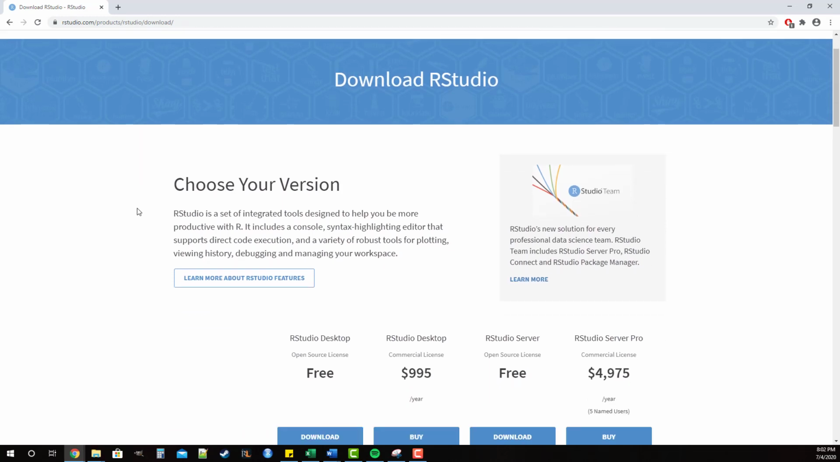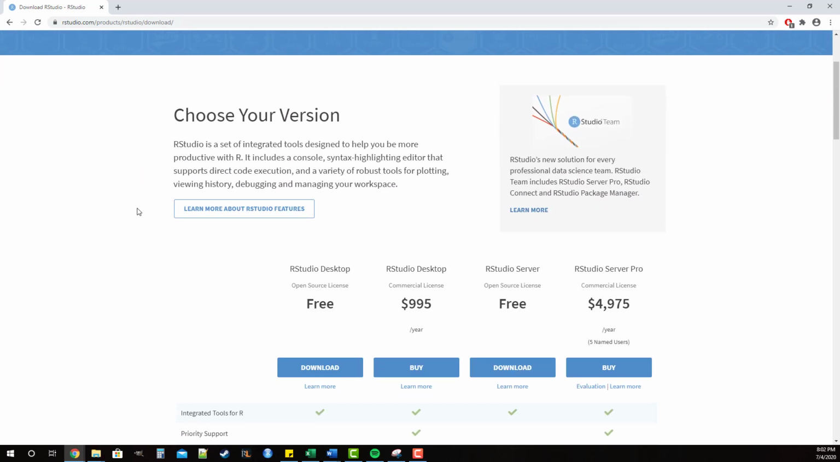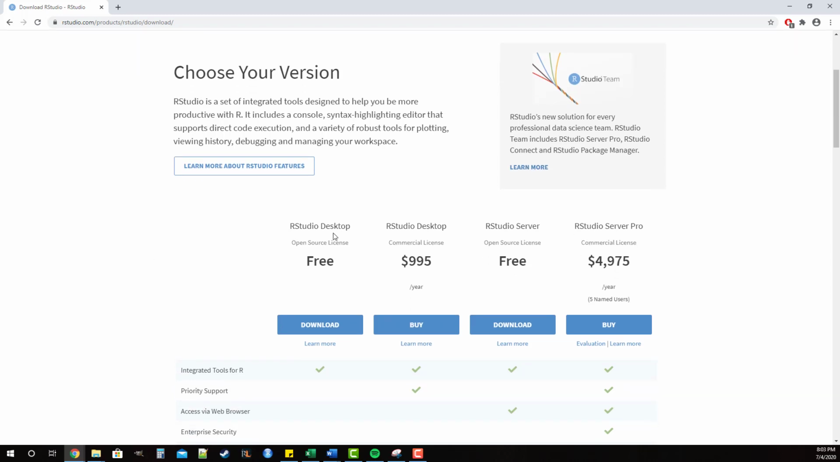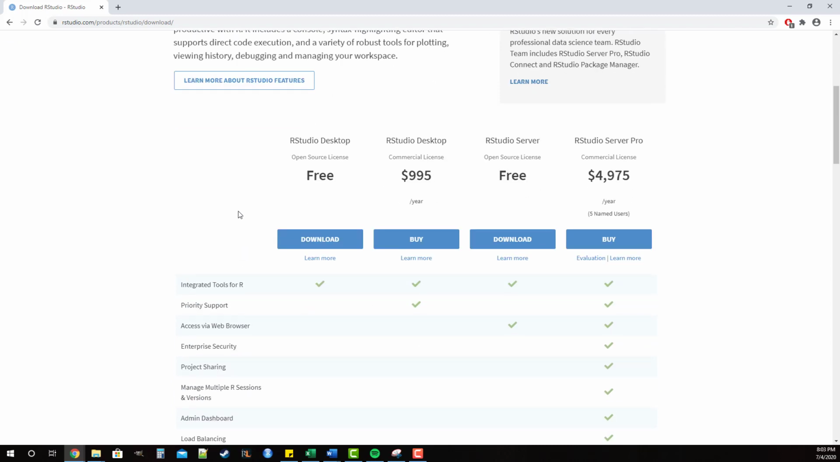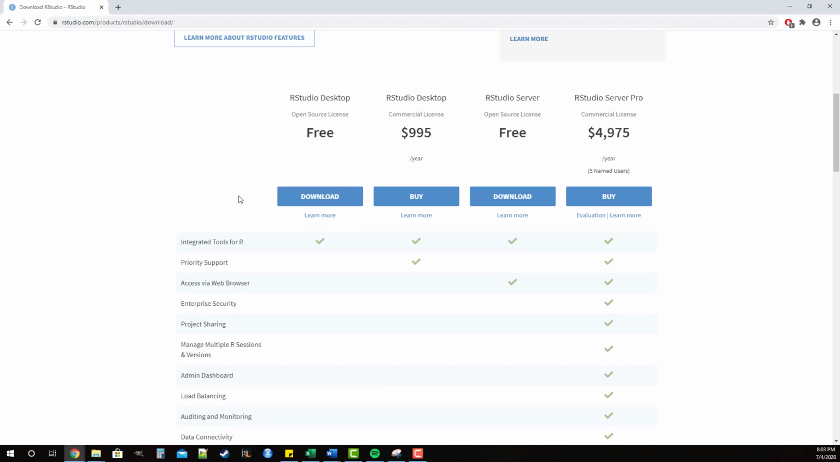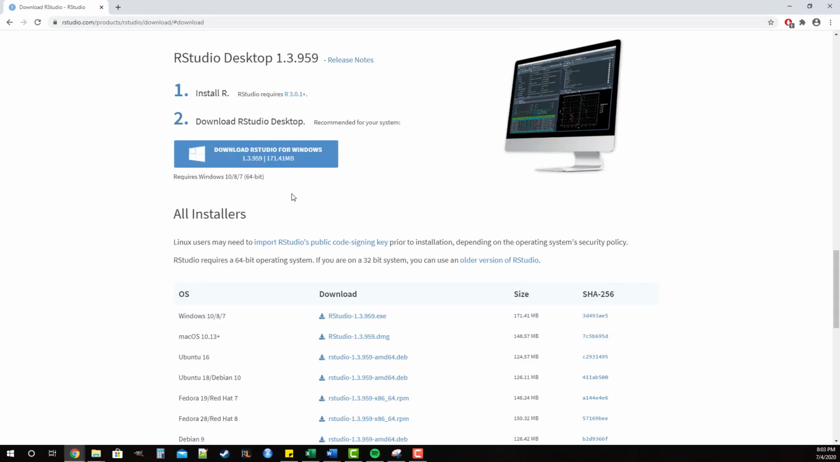So the thing with RStudio is that there are a number of different versions available, ranging from free to fairly expensive. And the nice thing about RStudio is that for most applications, you really only need to worry about this free version right here. If you're doing something that required you to be able to make a profit, you might want to look into the commercial license. But by and large, most applications get by just fine with the free version of RStudio Desktop. So you're going to click download right here, and this is going to take you to the